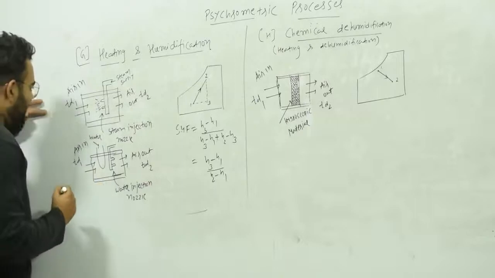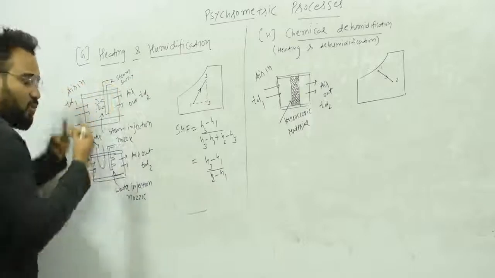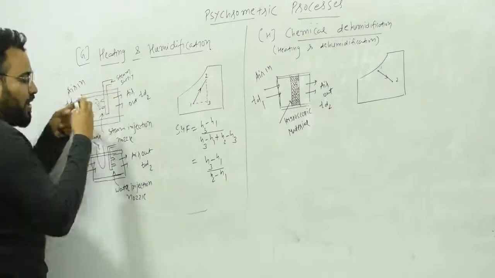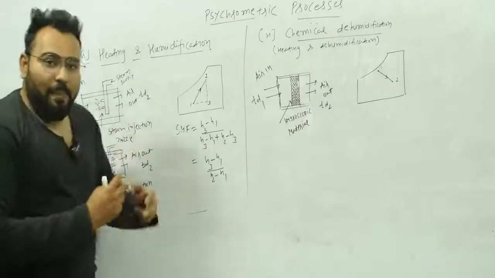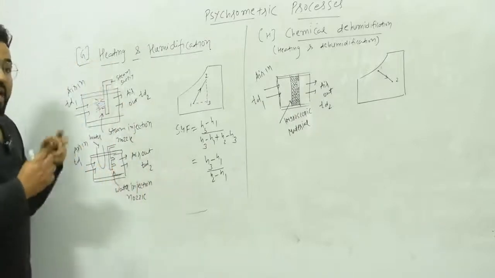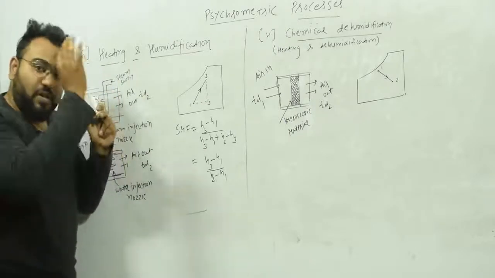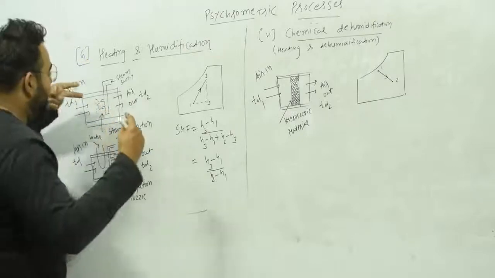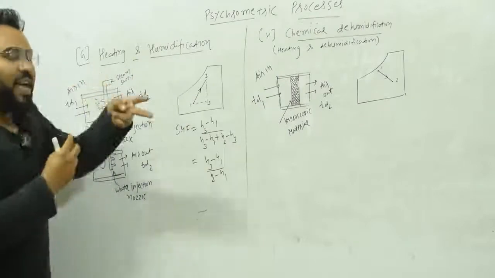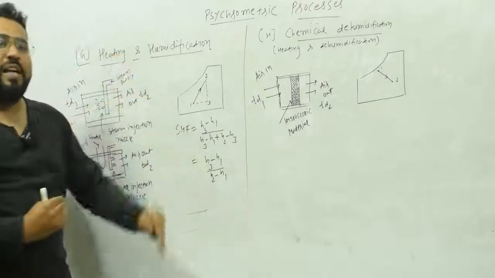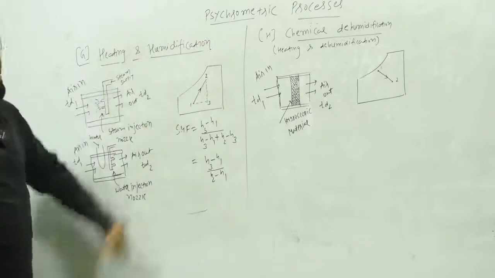Steam means it is hot. So what is happening when the air is coming over here and the steam is coming like this? You know that steam is hot, so when the air comes in contact with the steam, the heating of the air will happen. That is why it is known as heating. And as well, when you supply steam, it is hot water vapor. So when the air is coming and you are supplying steam, you are throwing hot water vapor into the air. You are adding water vapor into the air. That means you are doing humidification. So this is how you can do heating and humidification.